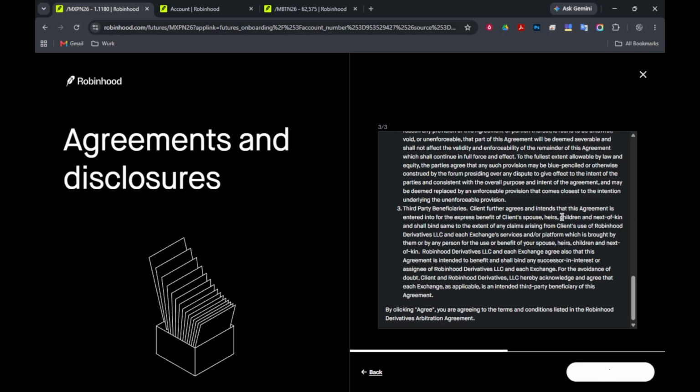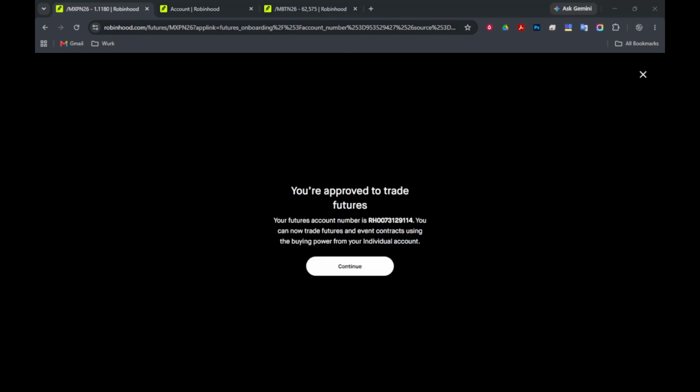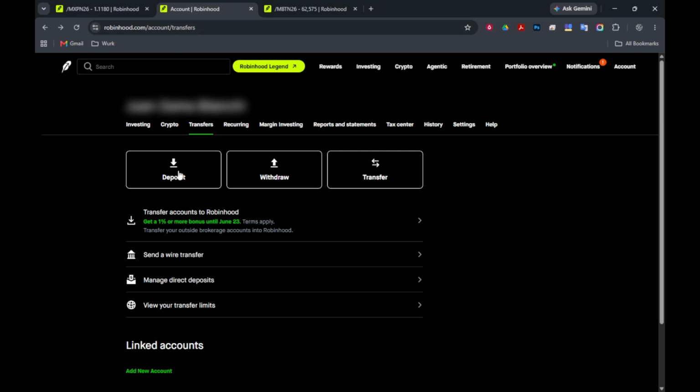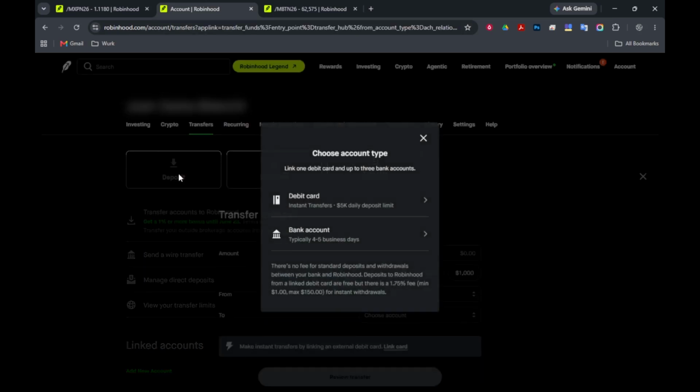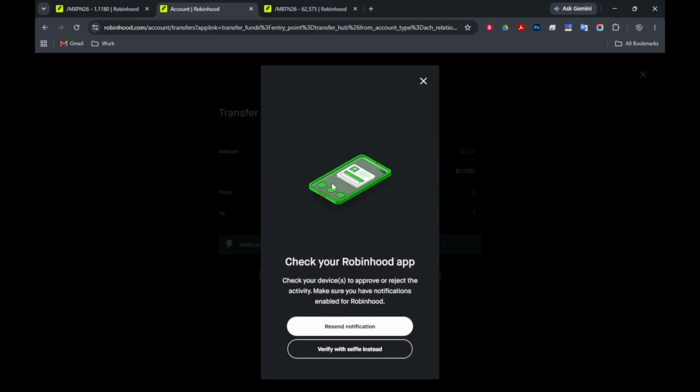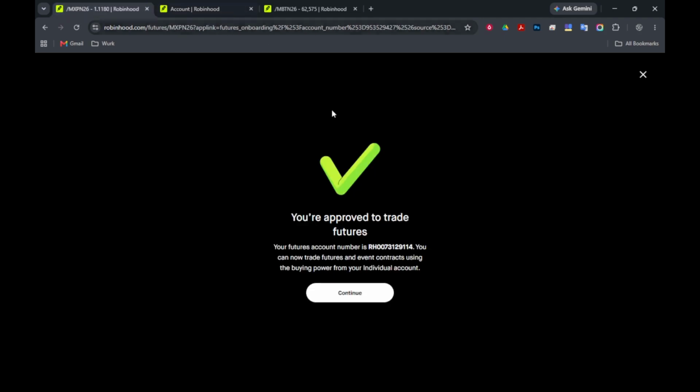Before diving into trading, it's important to note some crucial risks. Futures trading uses leverage, which means you can potentially face losses greater than your initial investment. Additionally, Robinhood requires a minimum account net liquidity of $1,000 to trade futures. This ensures you have enough cushion to manage market fluctuations. Futures trading is available nearly 24 hours a day, 5 days a week, giving you plenty of opportunities to engage with the market.